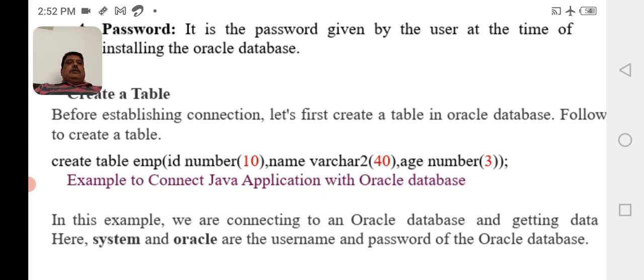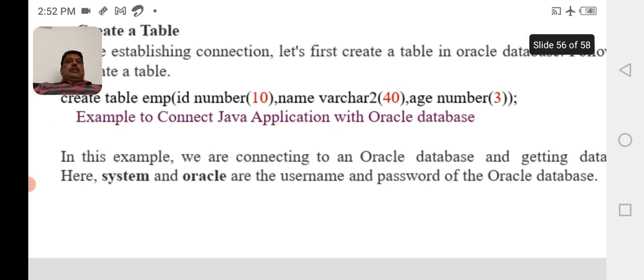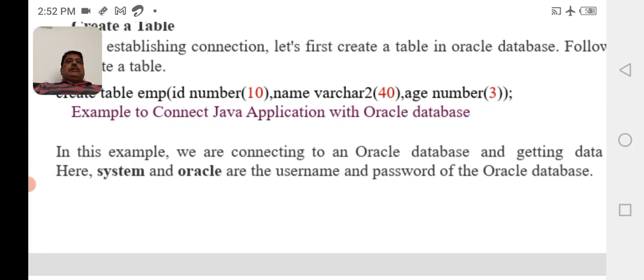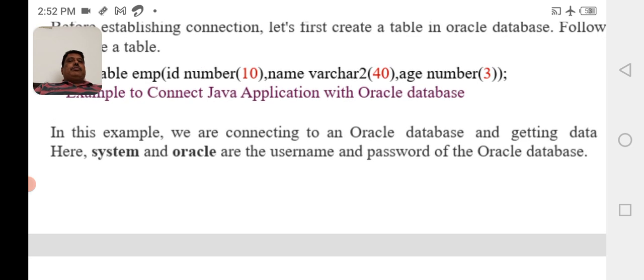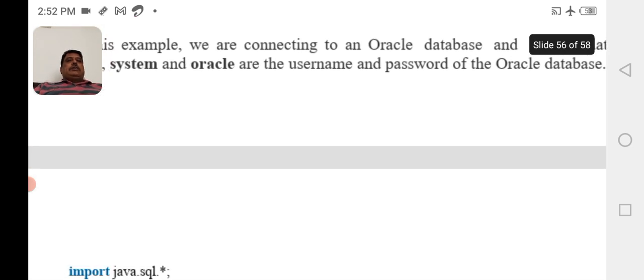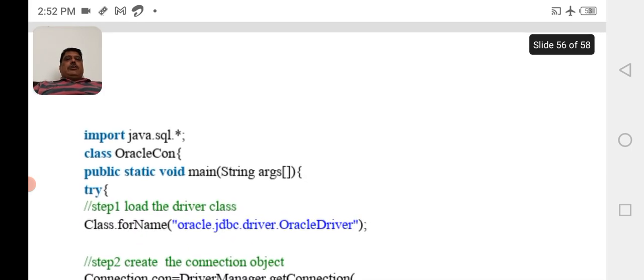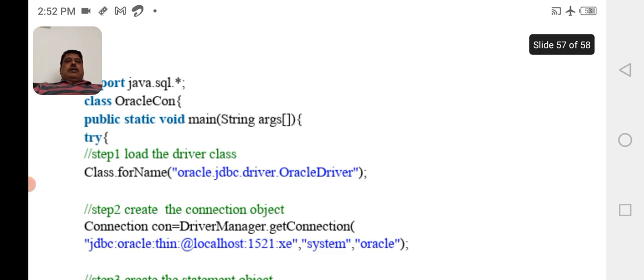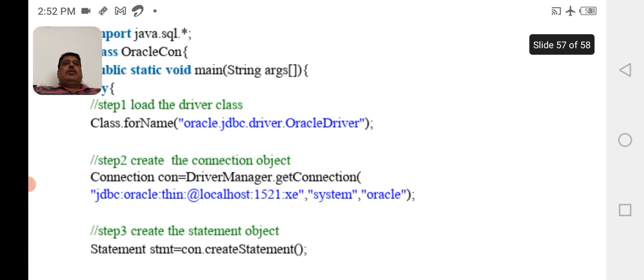Example to create a Java application with Oracle database. In this example, we are connecting to an Oracle database and getting data from the emp table. Here system and oracle are the username and password of the Oracle database. import java.sql.*; class OracleCon { public static void main(String args[]) { try { Class.forName("oracle.jdbc.driver.OracleDriver"); Connection con = DriverManager.getConnection("jdbc:oracle:thin:@localhost